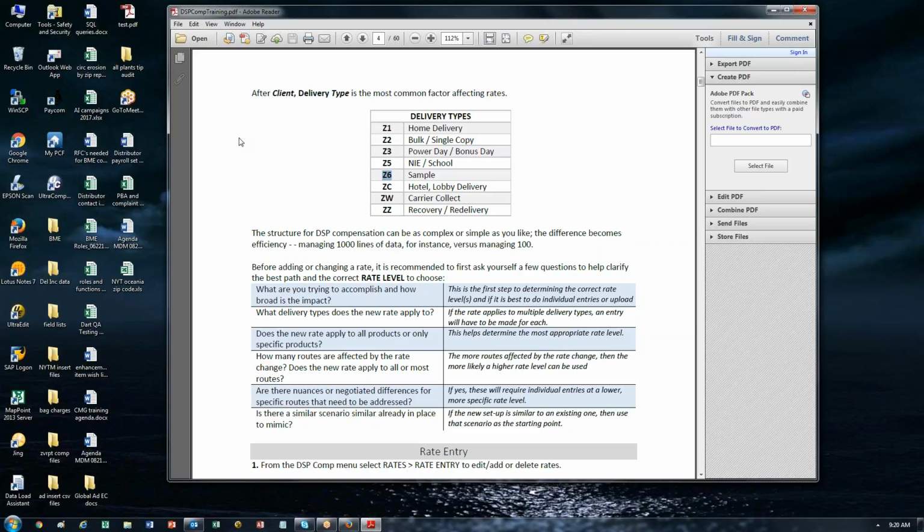Yep, that's correct. And again, usually what we find is the Z1 deliveries, obviously that's standard. I don't know how many sample programs you have. That one I don't have an answer for. But items where they might be bulk or hotel or schools, those ones we like to get the separate delivery item for. Now, usually I would think you guys know that from your addresses, your subscriber list. Right. If we code them as such, that enables our system to actually price them differently when it comes to